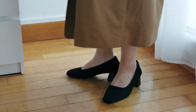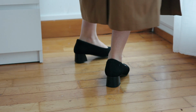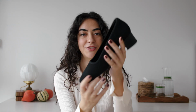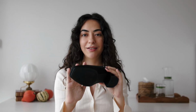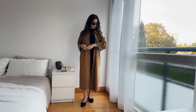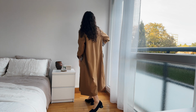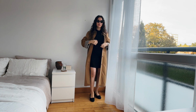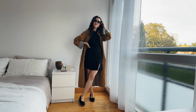I also love that it has these ridges. This is a kind of fabric, so it has these ridges that look like a seashell almost, because of the shape of the shoes, it just looks beautiful like that. And I will be styling them on the screen, you will see. These come with really soft cushiony soles. These are the most comfortable VIVAIA high heels I've tried so far because they accommodate wide feet much more,